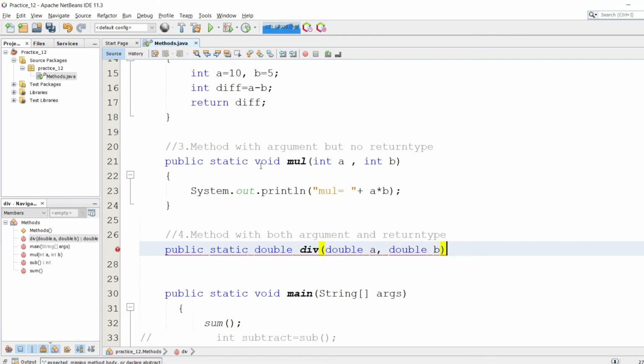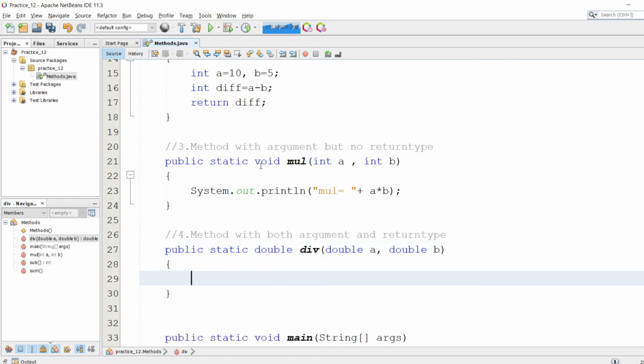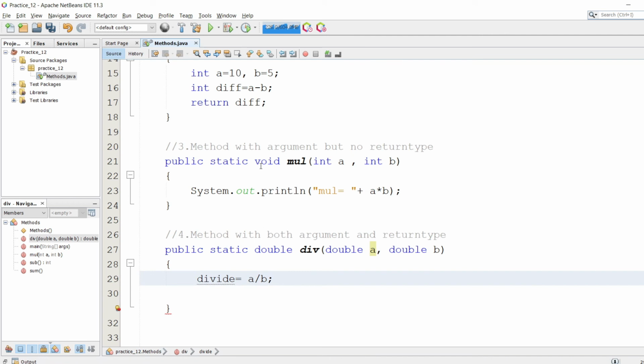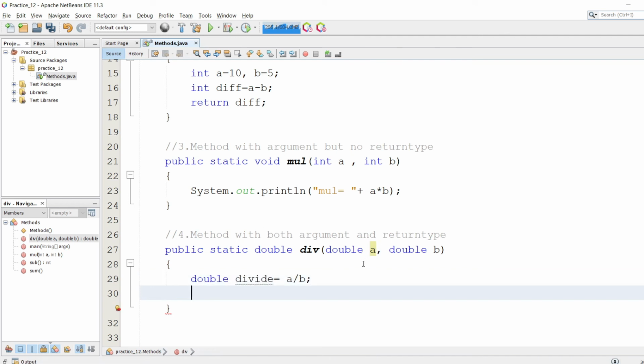So it's going to take two arguments, and it's going to simply divide, equals to a by b. Here I have to use a double value because it's getting doubles as arguments, and it's going to return divide.